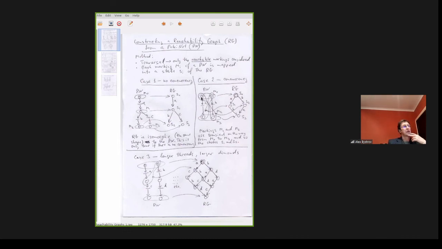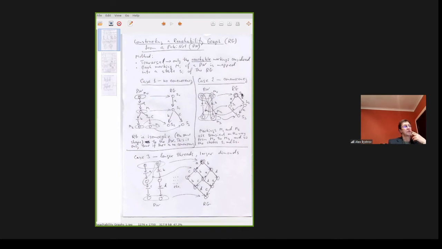It means that the initial marking is a state, right? The final marking is also a state, but in between there is concurrency. So we don't know whether we fire A and then B, or first B and then A. Therefore, moving from the initial to the final marking, we can execute A, B, or B, A. So in case of concurrent transitions, we will always get reachability graphs which look like diamonds.